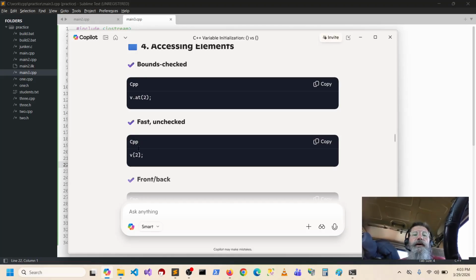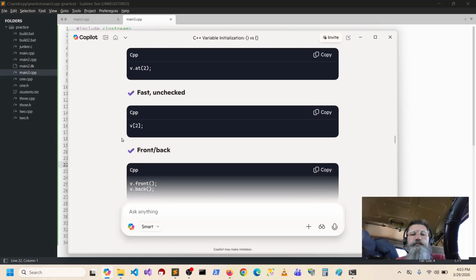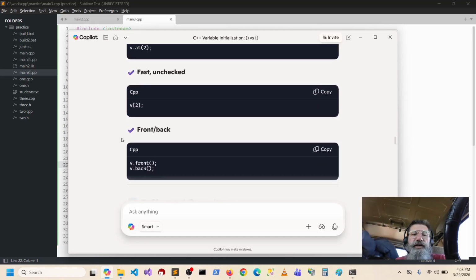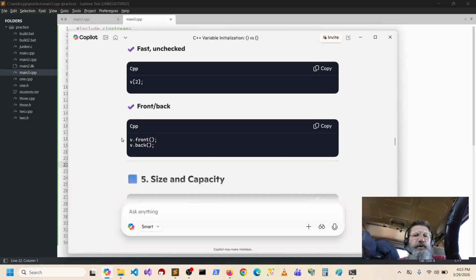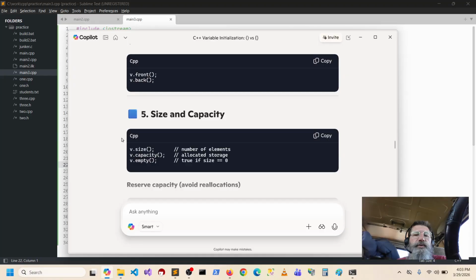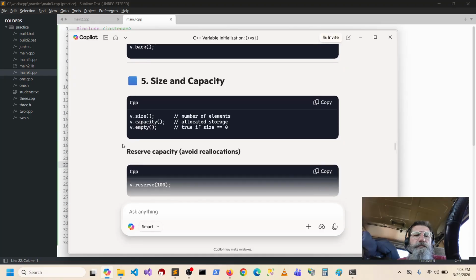Remember when we got the 527 or something like that? It's because I used the square brackets. Had I used the parentheses, it would have bounds checked it. Interesting. There's so much in C++. I really like it. It reminds me of the cowboy days of JavaScript. Size and capacity.